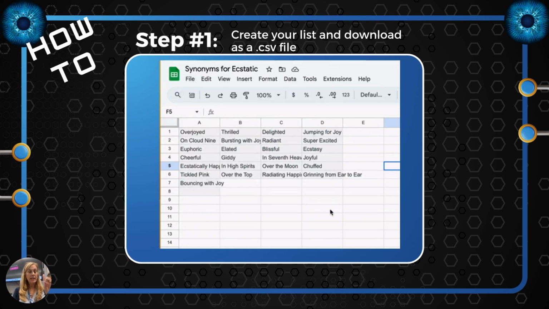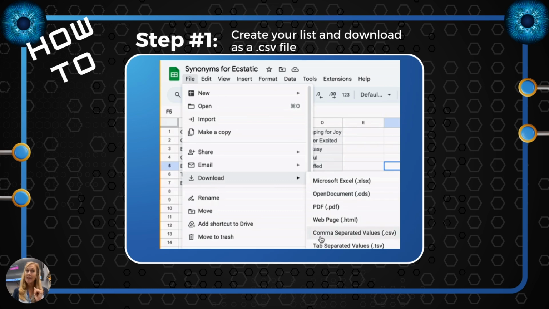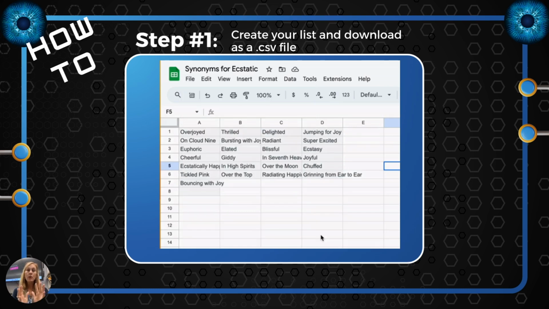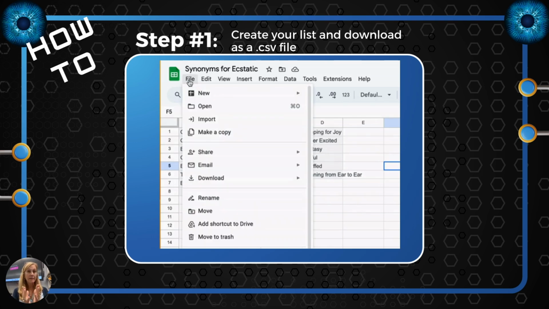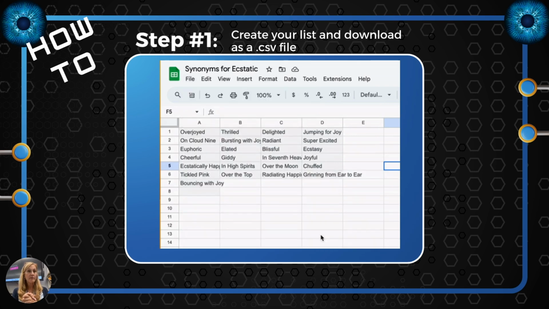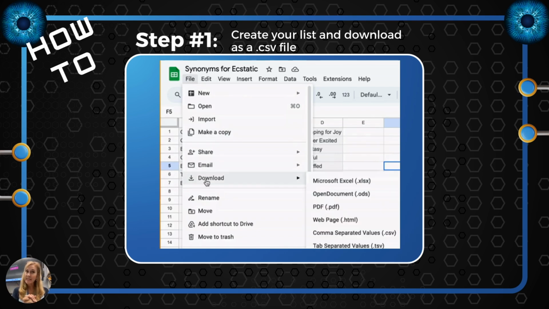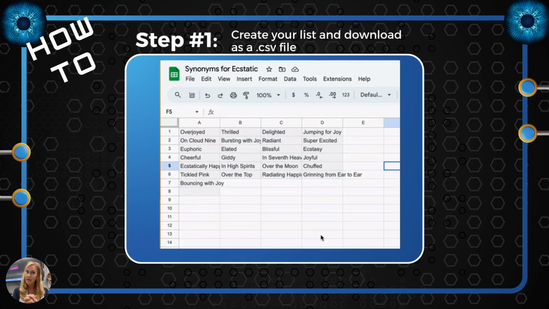Now, that spreadsheet had 4 columns, and the reason for that is because there are 4 task cards on the template, as you just saw, that I'm going to be using. Once you've populated your spreadsheet with all of the words or all of the terms or all of the names or whatever it is you plan on bulk uploading, you then download it by going File, Download, CSV. So you're going to download that file